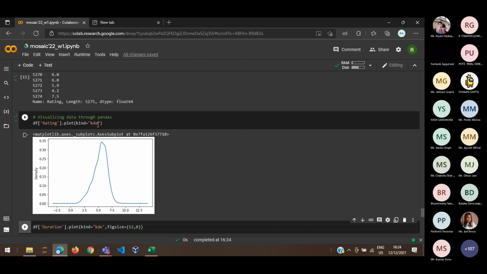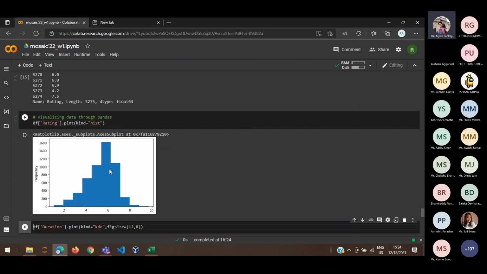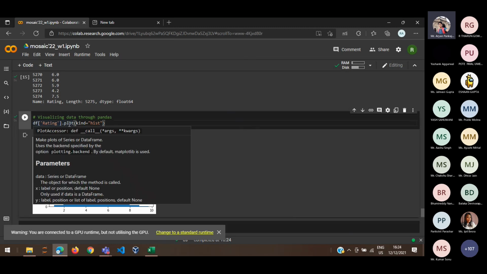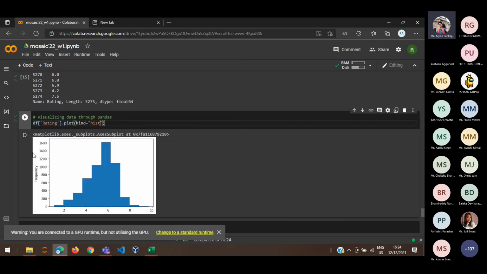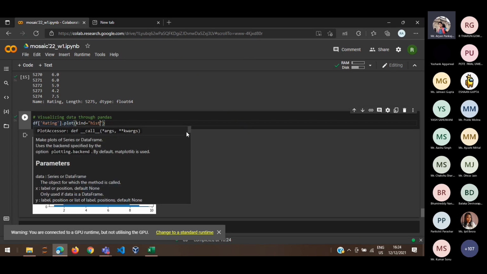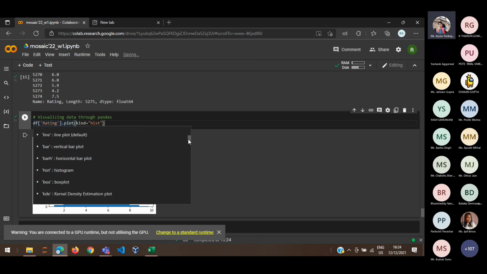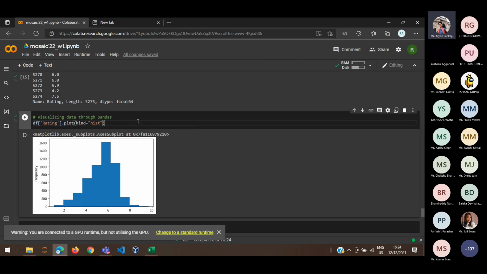There are several ways to display your data, such as a histogram. You can do that, like this is a histogram. Whenever you get stuck, you just Google it or check the documentation, like this here. This is the documentation you will have. This is one of the kind methods, and it has a lot of parameters. You can use line plot, bar plot, horizontal bar plot, etc. So there are different ways to